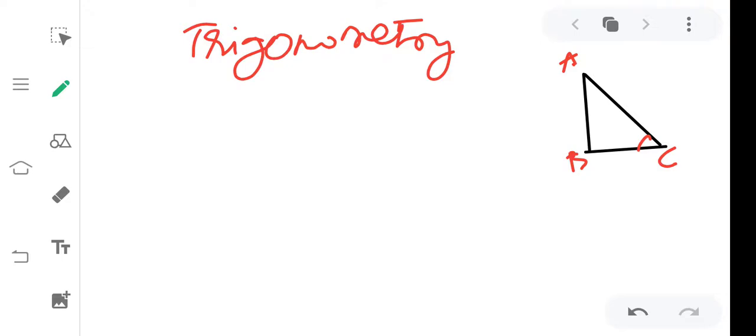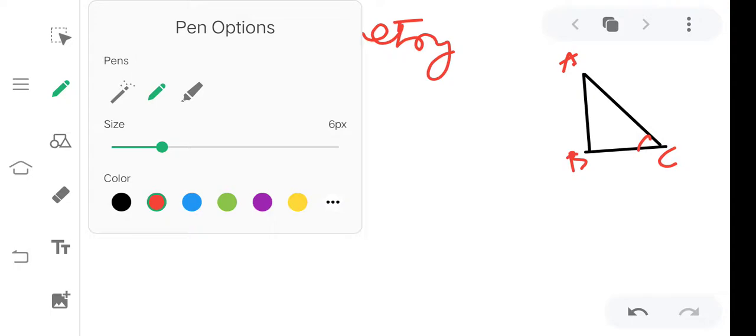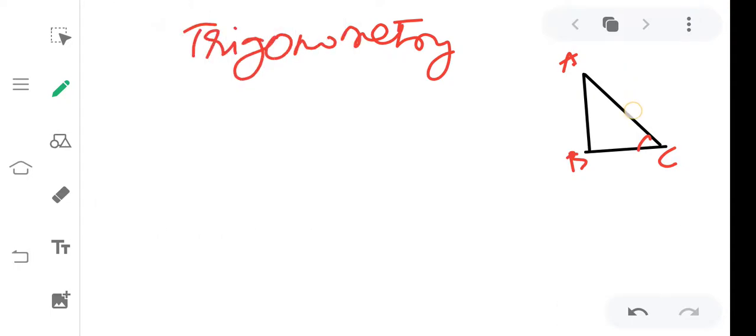Yesterday we learned about a right triangle, and in a right triangle the longest side is known as the hypotenuse, and the adjacent side is called, what is adjacent side? Which is the adjacent side here? BC is the adjacent side, as our angle is C. So BC is the adjacent side and AB is the opposite side of angle C. Isn't it? So based on these values, these sides like opposite side, adjacent side and hypotenuse,